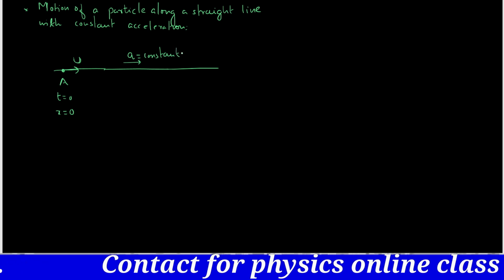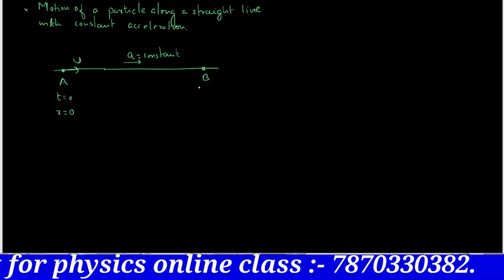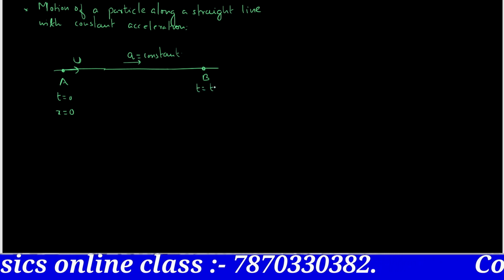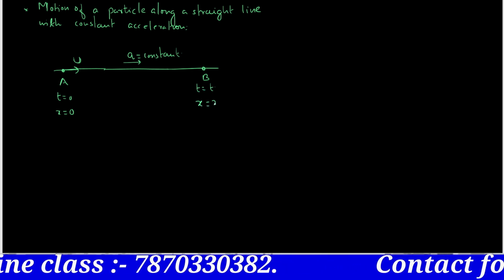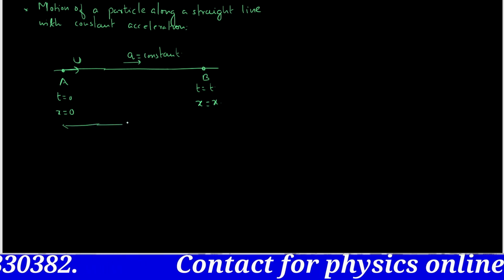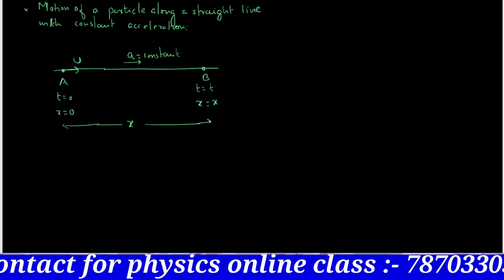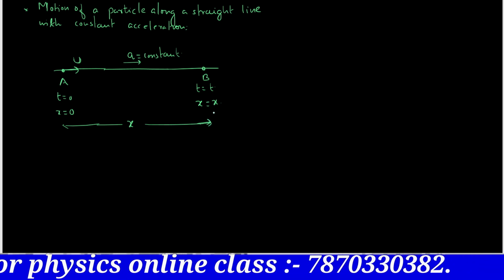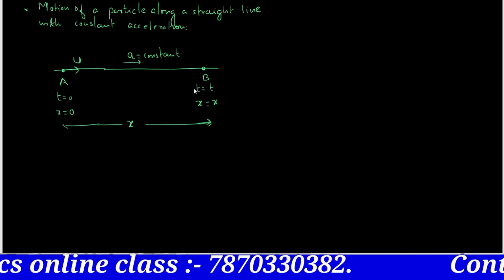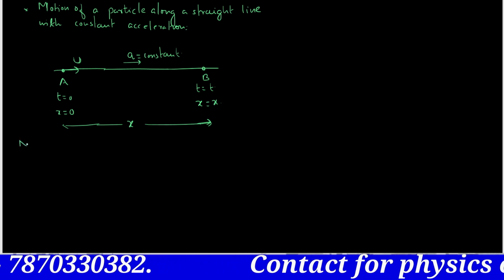After some time it reaches point B where t equals t and position x equals x, right? So obviously this distance can be written in the form of x. Any problem? No. Okay. Now from the definition of acceleration,